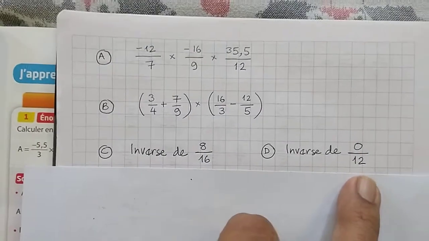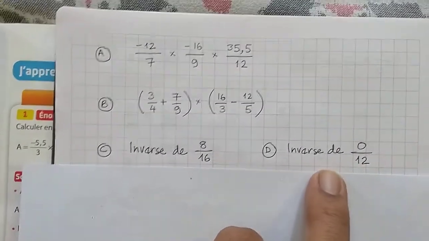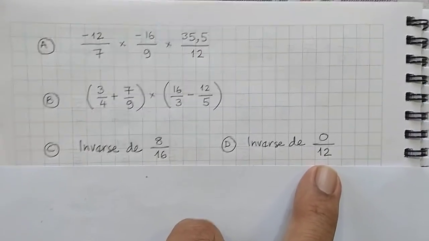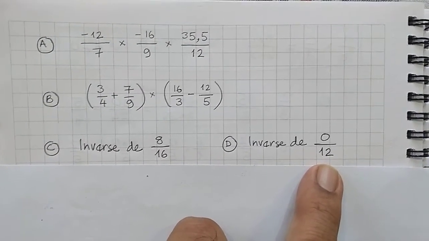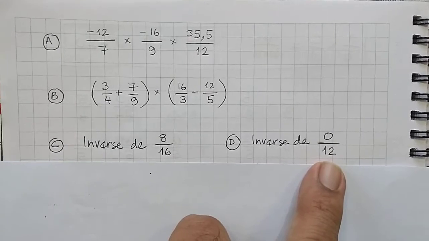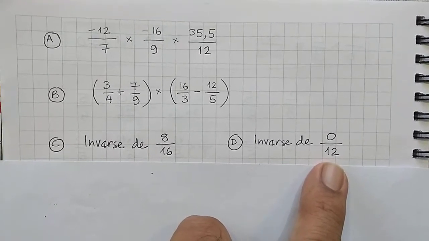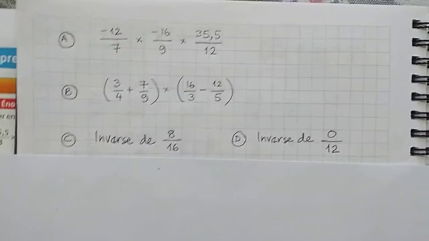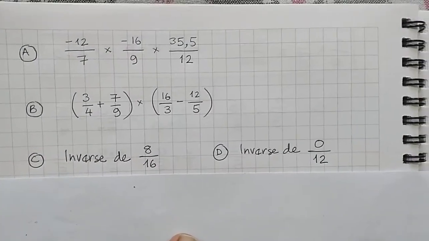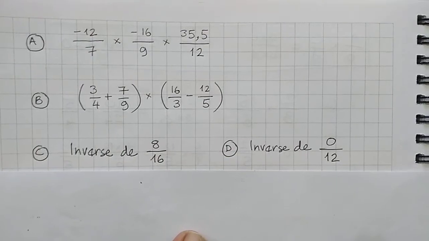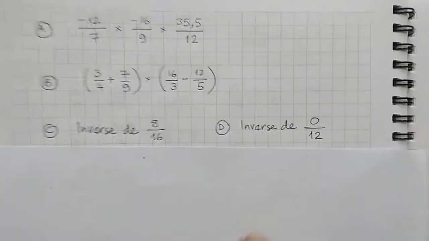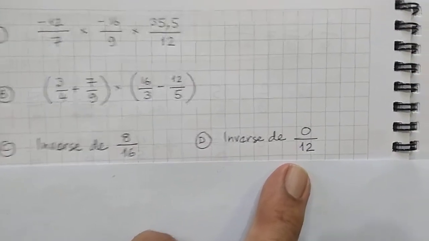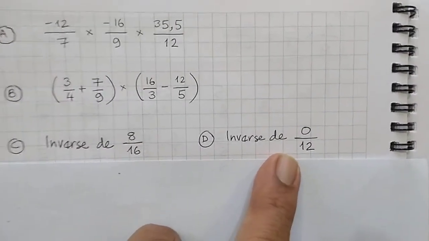I asked you to find out the inverse of 0 over 12, and every one of you except Devansh, who got it correct, all of you just wrote 12 over 0, and one of you even wrote 12 over 0 is equal to 12. Now we know very well that you cannot divide a number by 0. It has no meaning. So the correct answer was that it is not possible to take the inverse of 0 over 12.